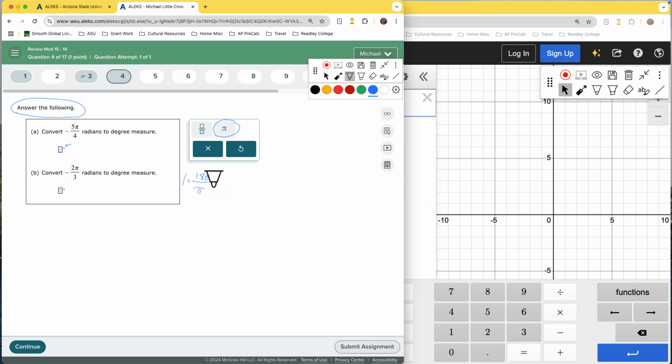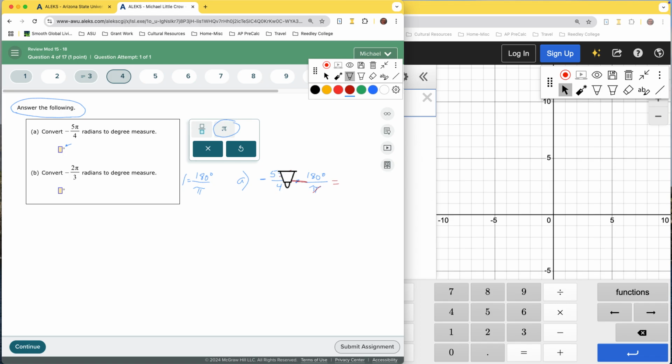We're multiplying by 1. We take the angle we're given, negative 5 pi over 4. We multiply that by 180 degrees over pi. And then we just multiply straight across. But to make things easier, if we have the same factors in the numerator and denominator, pi divided by pi, that's going to be 1. So those will cancel out. 4 goes into 180. And I think that's where this one's a little more difficult. They want a reduced